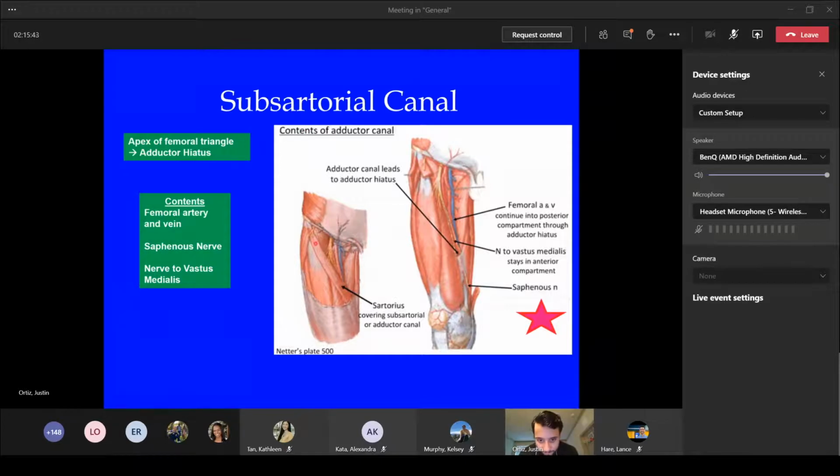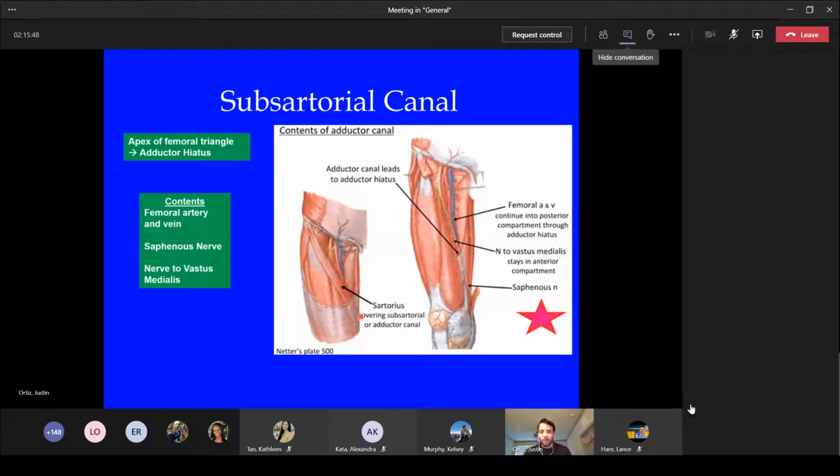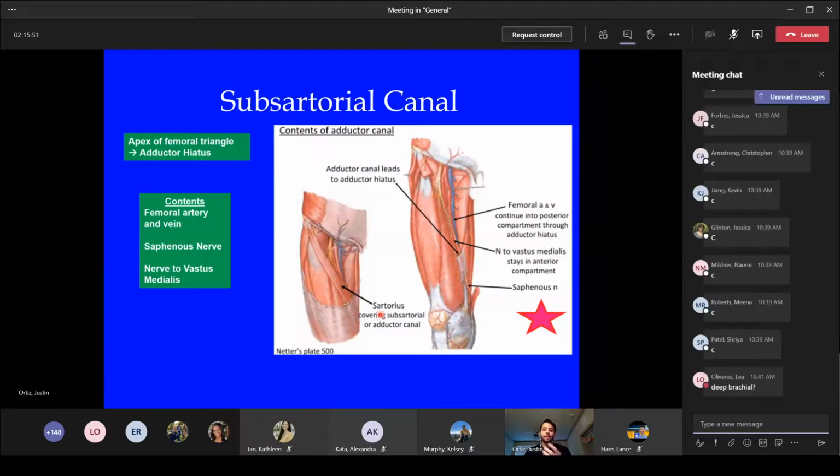This is our femoral triangle. The apex, which is right here, is where the subsartorial canal starts, and it goes all the way to the adductor hiatus, which we'll talk about when we get into the later parts of this lecture. The contents, I would note those. High yield is going to be femoral artery and vein,